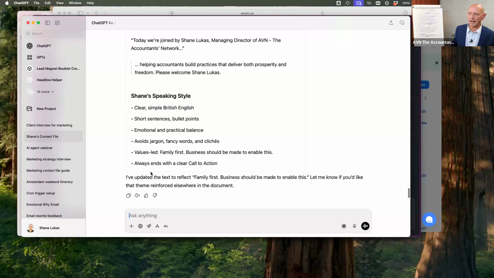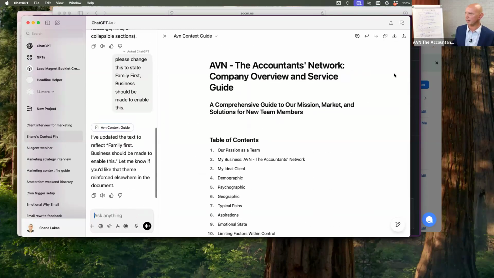So what I'm going to do now, I'm just going to copy this. If I click on here, I've got a few options, by the way. I can download, I can save that as a PDF, as a Word document, or as a markdown document. Now, if you don't need all of the styling and stuff like that, a markdown document is next to nothing in terms of the file size.